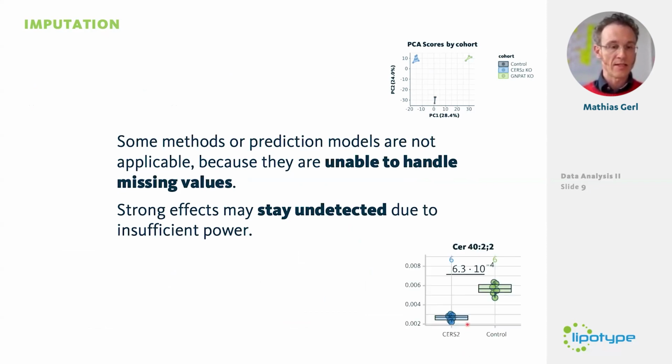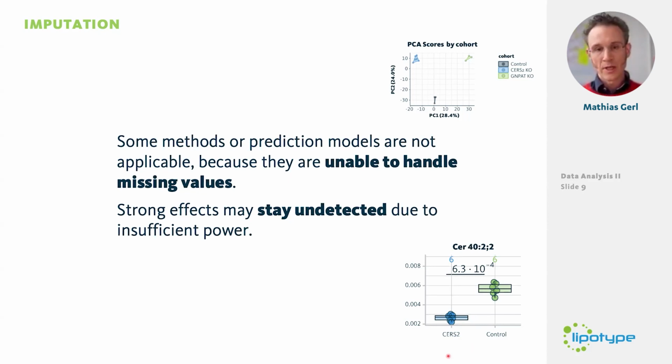Let's say in this case, down here, you would lose some values, and that's a really strong effect, but you're missing power here. Imputation can help. This is obviously a case where you might want to think about whether you really want to base all your findings on imputed values. But nevertheless, mostly you would rather deal with models, like a PCA,